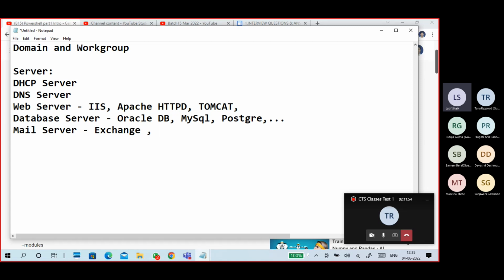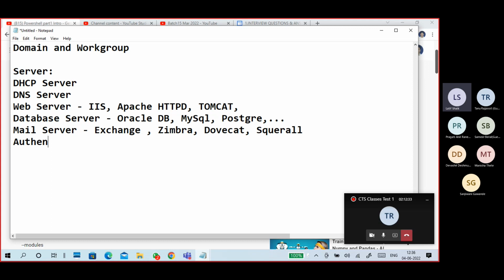Microsoft Exchange Server, Squirrel Mail, another one is Zimbra mail, Dovecot. So DHCP server, DNS server, web server, database server, mail server.